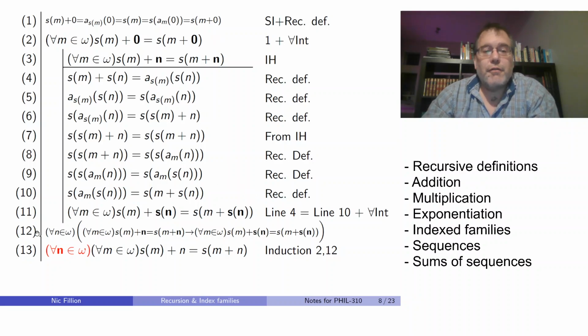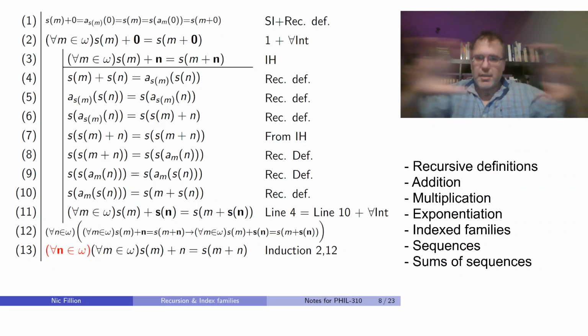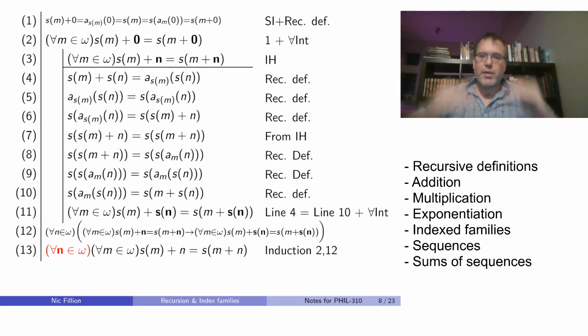Now, for the inductive step, we're going to do the same thing. We assume the inductive hypothesis, and we try to reach our sub-goal. Again, we're going to show that the left-hand side of the sub-goal equals the right-hand side of the sub-goal. If you look at the proof I've written in the notes, that's a proof in prose, all written on one line, but here I've broken it down to help you see how each of those steps